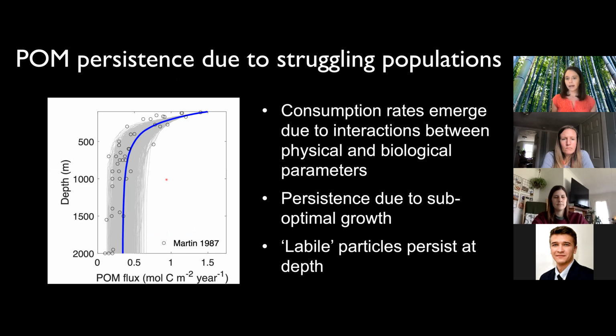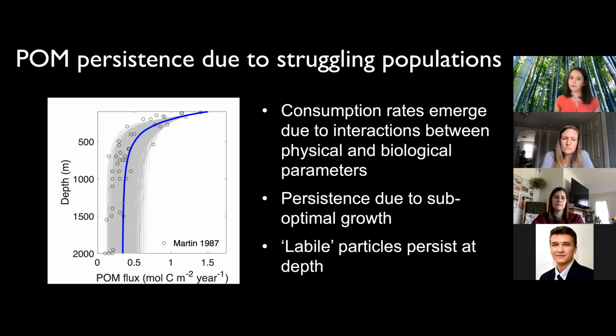So I don't have time to go into all of the details and sensitivity studies and tests that we did with this. But the main takeaways from this study are the consumption rates that are emerging due to these interactions between the physical and biological parameters. We see this persistence of POM in the model due to suboptimal growth. And so we can get these long tails of the POM curve due to populations that are struggling to overcome loss terms. But there are also a couple of key features that I think are unique that have emerged here,